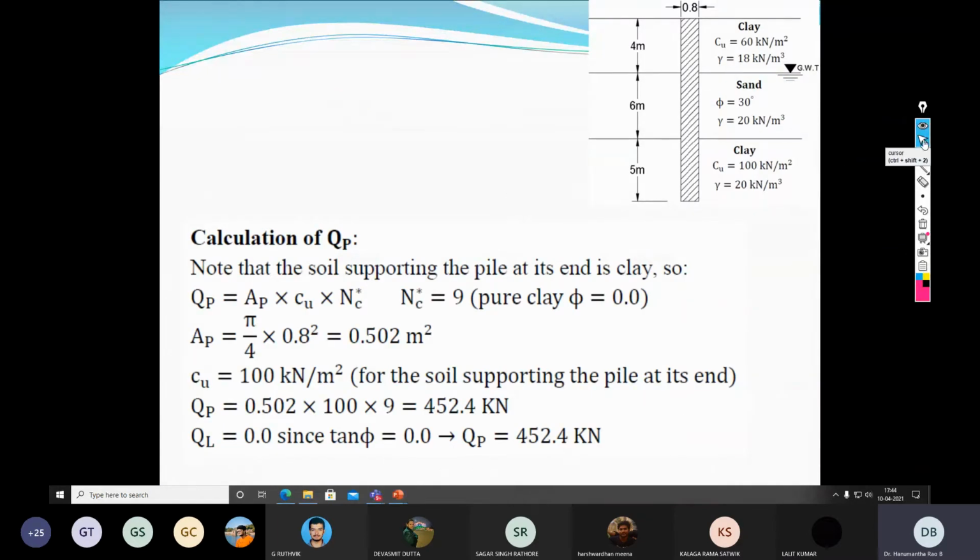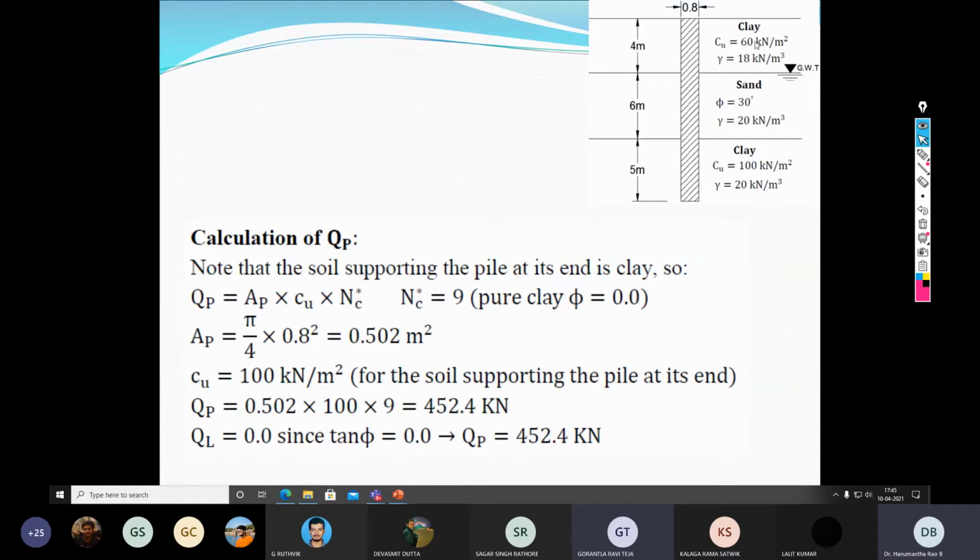Now we have calculated. That QL is given for granular soil, no sir. That's what I'm saying. Check it for here QL equal to 0 we have written, no sir. Should it be checked? Why should we check then? No, just for the sake of that's it. I'm just asking you to check it so that you will be acquainted with the calculation. Otherwise, not required. Here for a clay layer we have written QL equal to 0. Then we should not write that step, sir, in general.